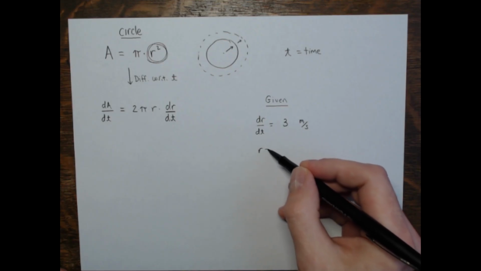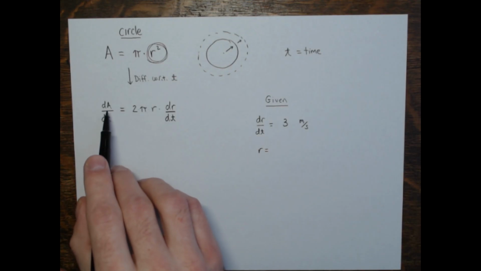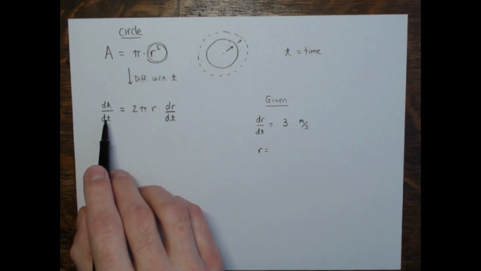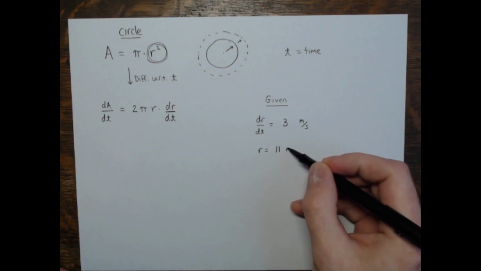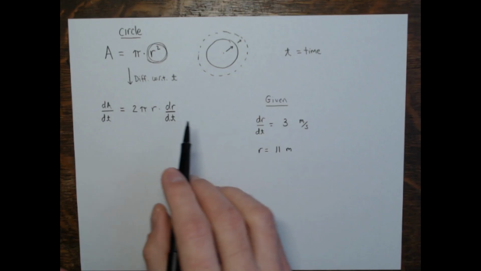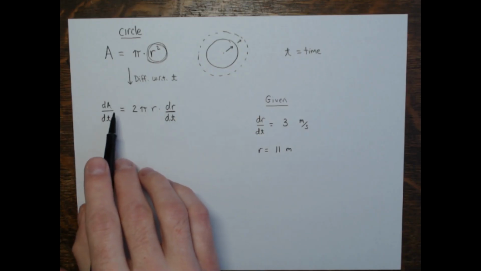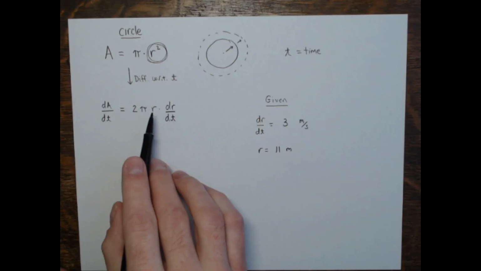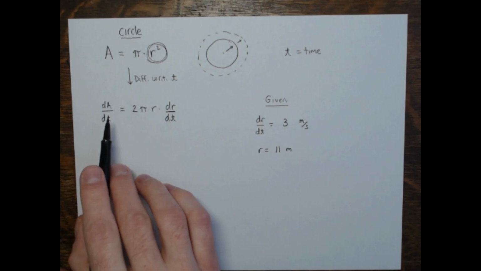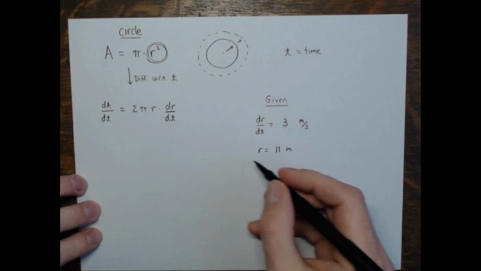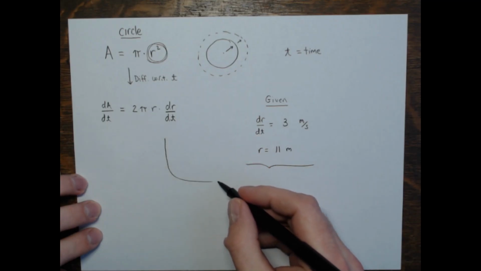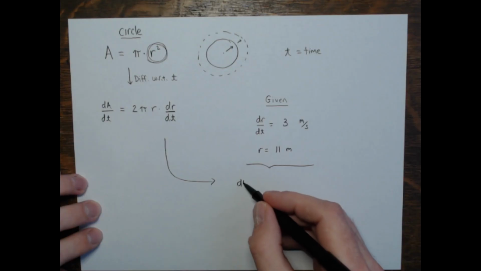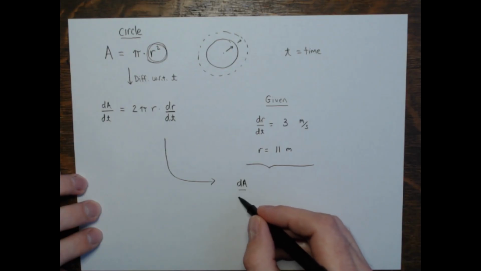And then we're also asked to find the rate at which the area is changing when the radius was 11 meters. So you see how this gives us 2 out of the 3 unknowns in my equation. I'll have the value of r and the value of r prime. I can use it to find this A prime, right? So putting this information into our equation here, we get A prime on the left, dA over dt